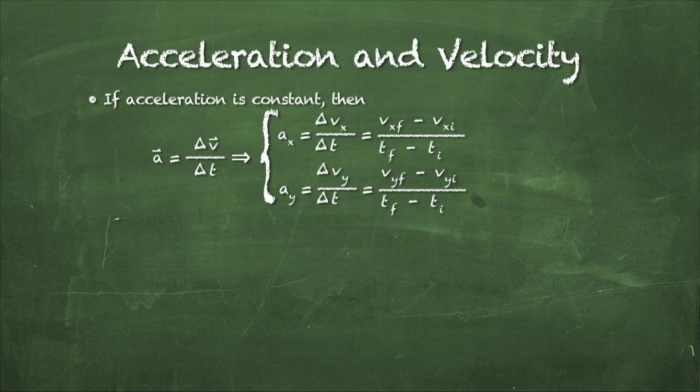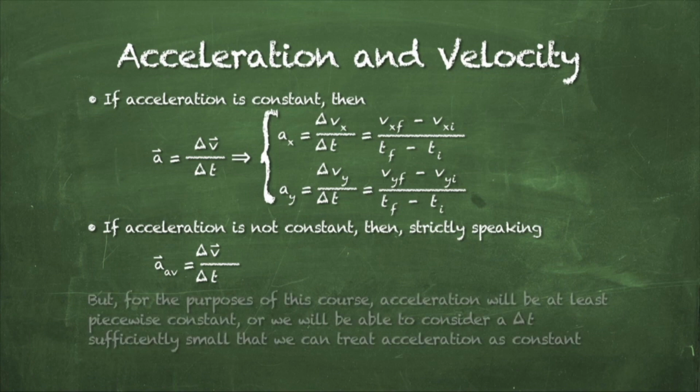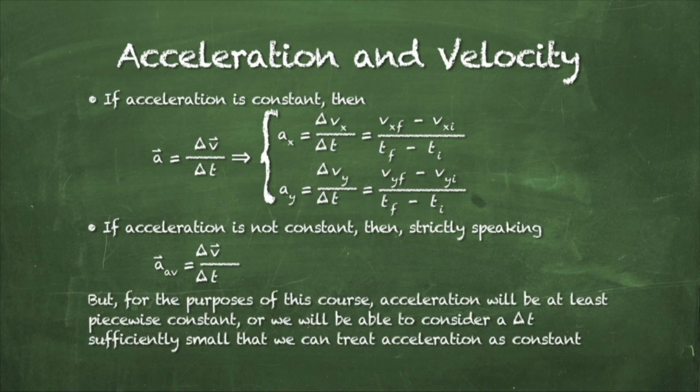Now, I'll make a note here. I said above that if acceleration is constant, then we have that equation. If the acceleration is not constant, then strictly speaking, it is the average acceleration, a vector average, that is equal to the change in velocity over change in time. But for the purpose of this course, the acceleration will always be constant, or at least piecewise constant,